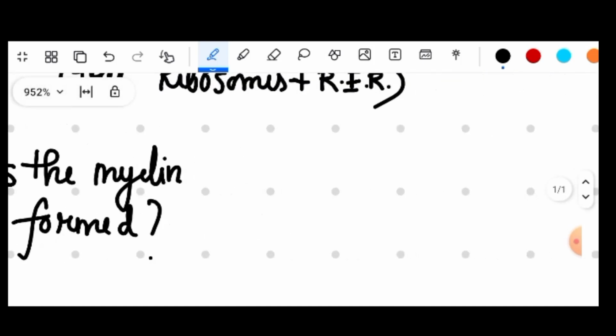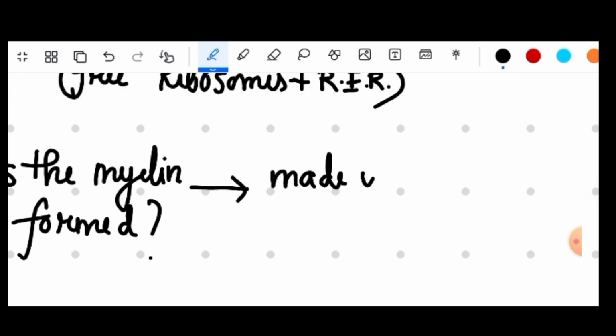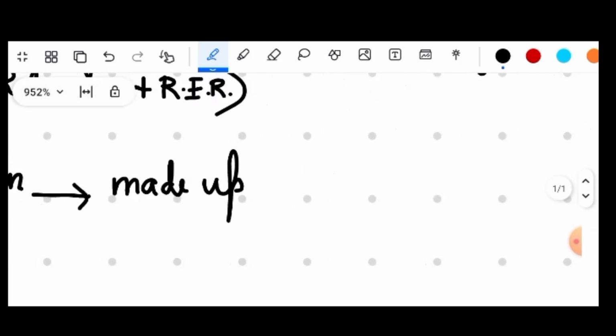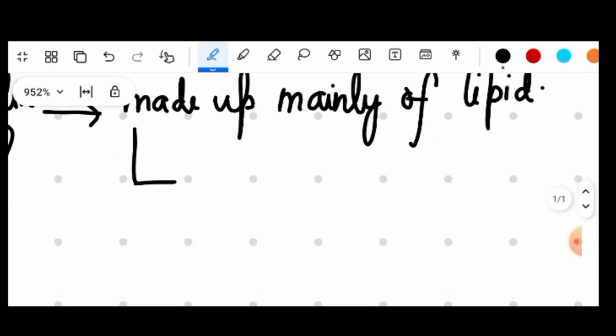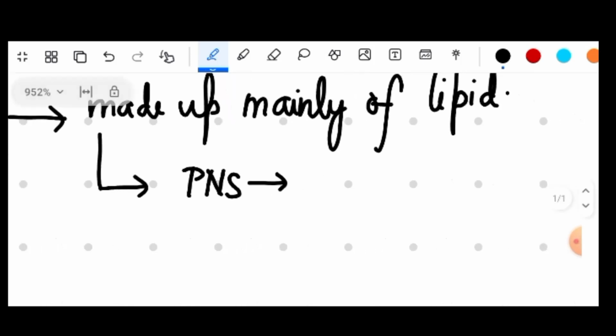The answer will be, it's made up mainly of lipid. In the PNS, which is the peripheral nervous system, it is made up of